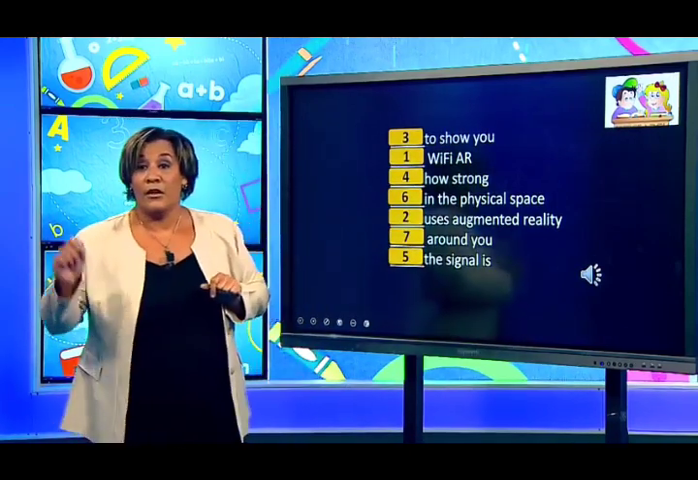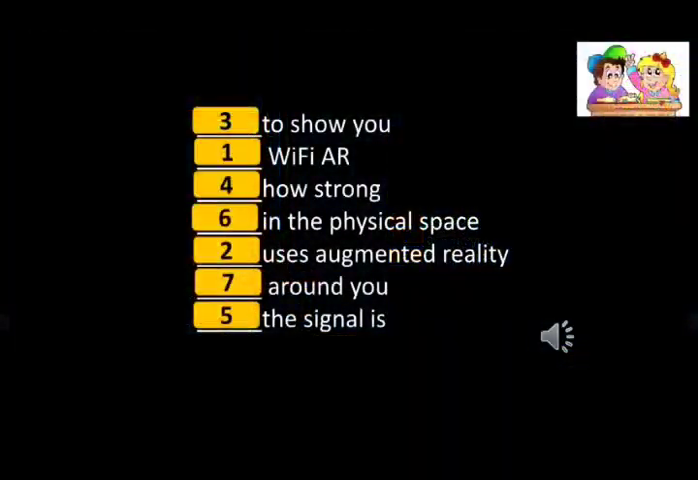How many times have you been about to jump online only to find, hang on a second, where did my Wi-Fi signal go? Well, Wi-Fi AR uses augmented reality to show you how strong the signal is in the physical